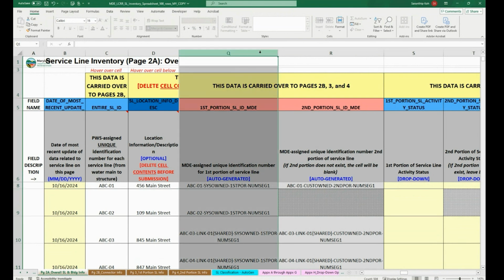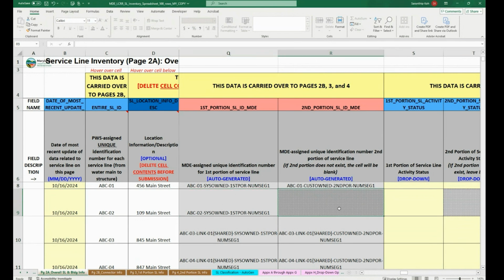That's why only the first portion, the ID for the first portion, is being created, not for the second portion, because the second portion does not exist. And then